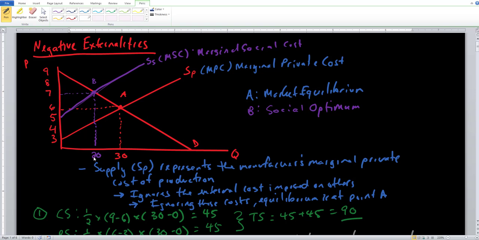So 3 questions that we can ask on the negative externality side. So what exactly is going to be the total welfare or efficiency at point A with an unregulated market with no pollution? What is going to be the total welfare and efficiency at point A when we introduce some type of pollution at that market optimum? And then finally, number 3, what is going to be the social optimum? What is the welfare and efficiency there, and how exactly do they compare to the market equilibrium?